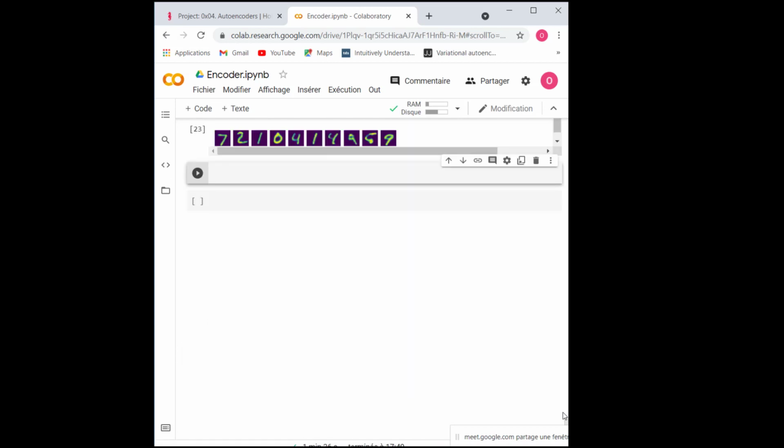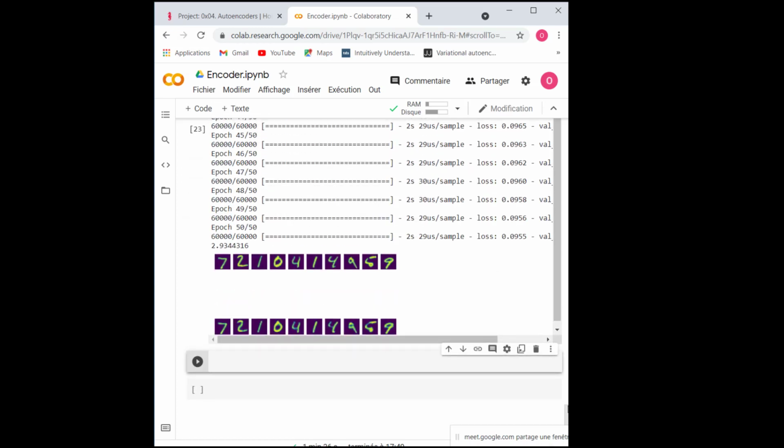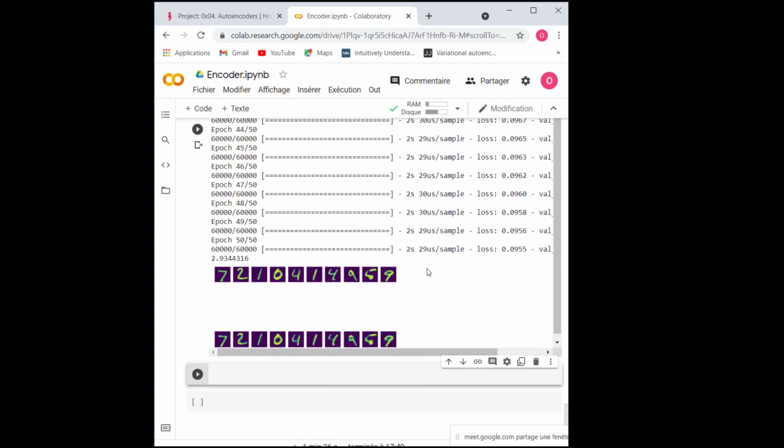Okay, so this is my output. We have these original images, and these ones are the reconstructed images.